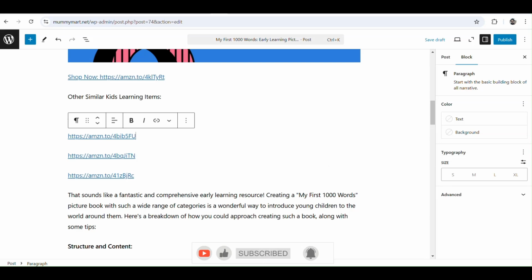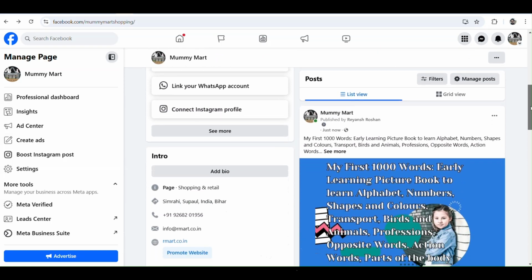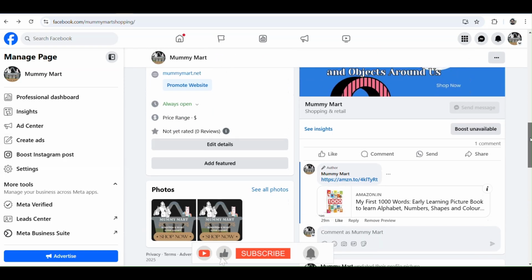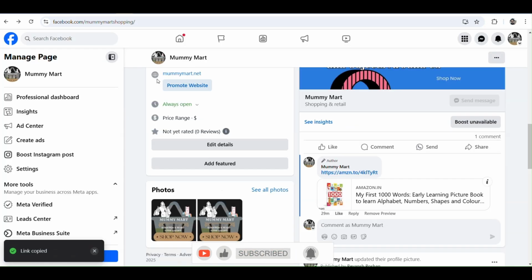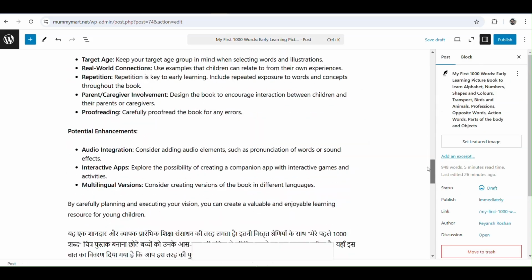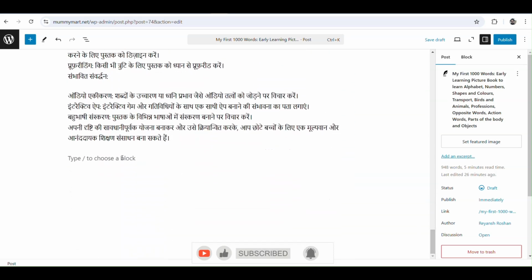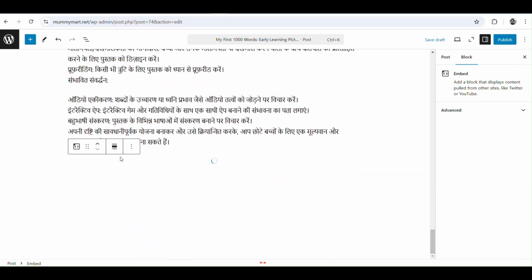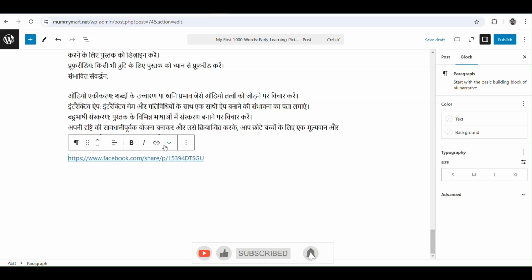For example, let me go back to my Facebook. And from here, I'm just creating a link. So click on share, copy link, and I'll be posting it here at the very bottom of the article. So scroll this down here, simply paste it. Once we paste it, we simply have to convert to link, and we can edit this by clicking on this,